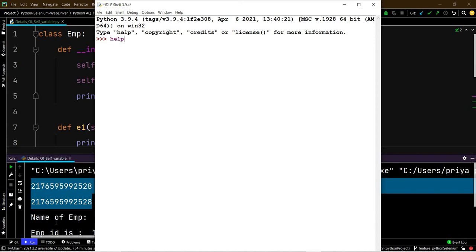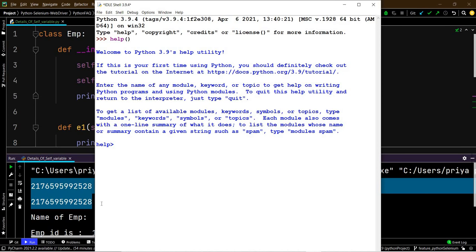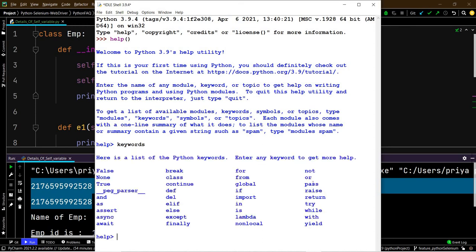Here if we write help, and see here it is showing keywords, and see, is there any self keyword? No. False, None, True, and, as, assert, async, await, break, class, continue, def, del, elif, else, except, finally, for, from, global, if, import, in, is, lambda, nonlocal, not, or, pass, raise, return, try, while, with, yield.